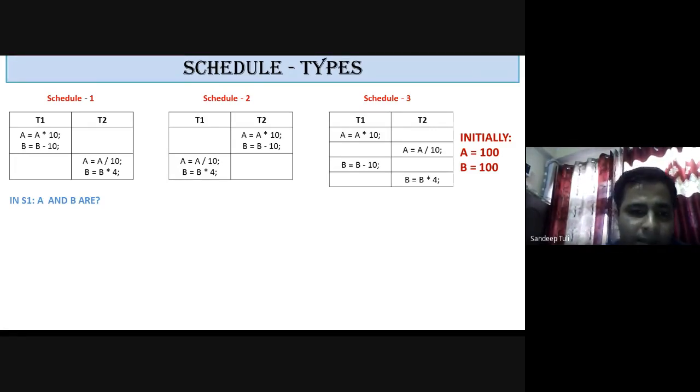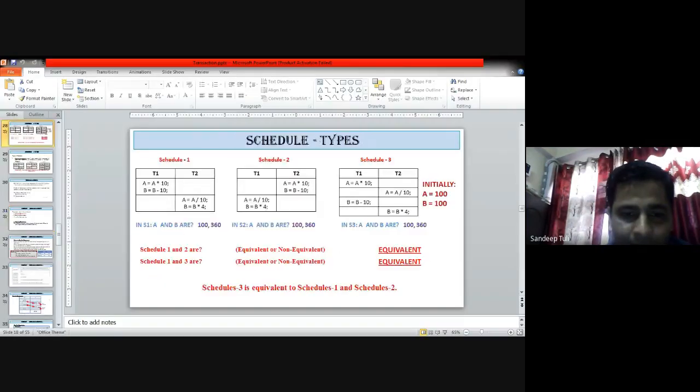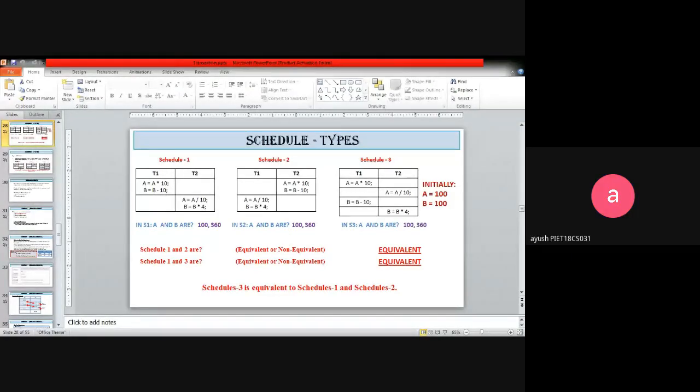Okay. Now again, you come on to this slide. What will be the value of A and B? Do we have enough time to complete this question now? I think no. It is almost 10:59, so we are finishing now. You need to attend the next class. I will take one more lecture to complete this slide. How many of you want that we have another session to complete the slides?